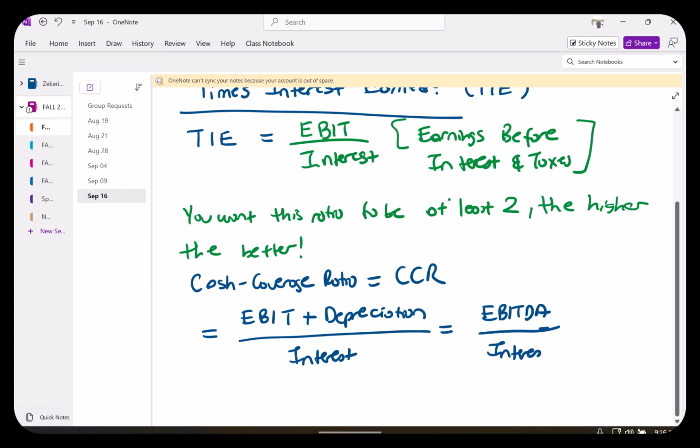Remember, EBIT is earnings before interest and taxes. That means you have already deducted depreciation expenses, but depreciation expense is a non-cash expense. So cash coverage ratio basically makes a correction for that. Because depending upon the industry, certain firms have a lot of depreciation because of their nature, and certain firms don't. And to kind of make them equal,